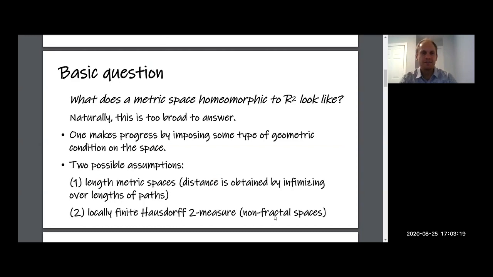So that motivates the following basic question that we're going to focus on for the rest of the talk. And that is, if you have a metric space homeomorphic to R2, what are the possibilities for this? What does such a space look like? At this point, it's still a bit too broad to answer. And so typically one can make progress by imposing some type of geometric condition on the space. Perhaps the two most basic that come to mind would be,